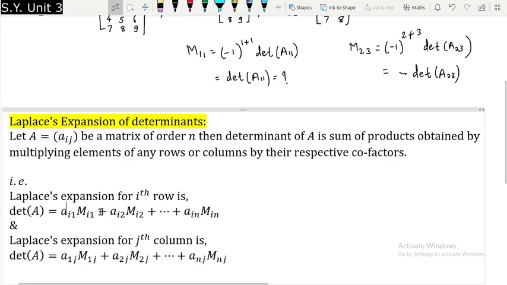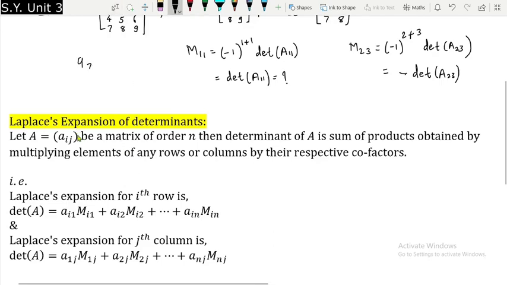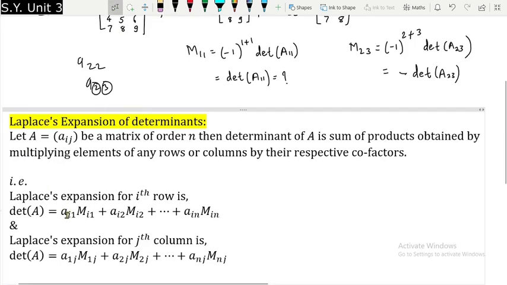So remember the first entry, okay, whenever you say A2 to element or A2 third element, the first entry stands for the row and the second entry stands for the column. So you can see that since we are finding Laplace expansion for ith row, the first variable is I. Okay, you can say over here in the suffix, the first element or first variable is I. Over here also it is I everywhere. Can you see it? So it is simple to remember, you don't have to by heart it.